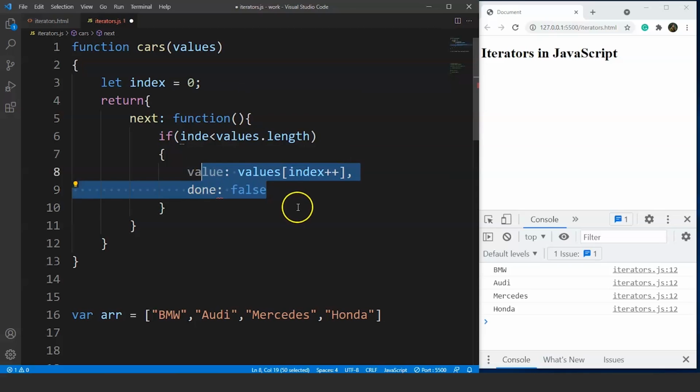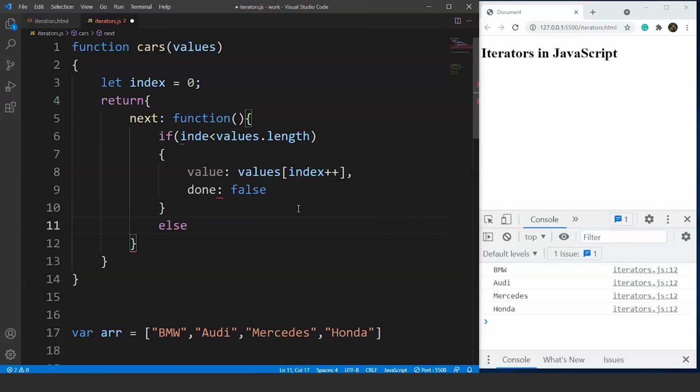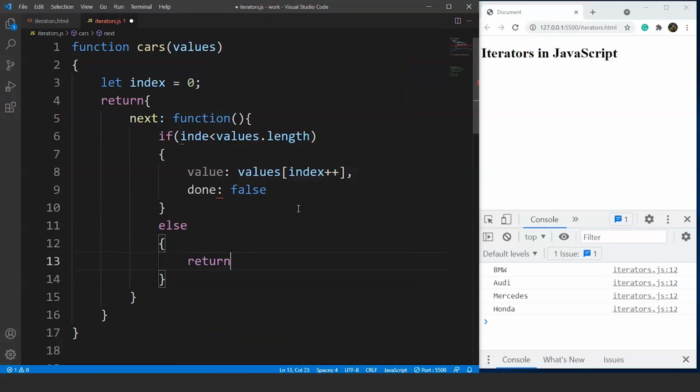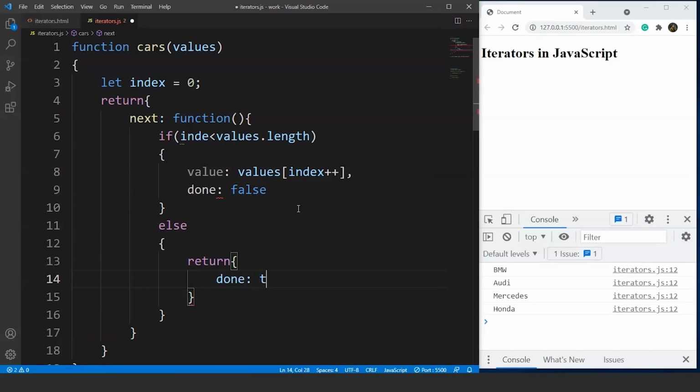We can write anything other than done here as well. The program will work totally fine. It's not that we have to follow specific rules in iterators. We can also write end or reached end in the place of done. That's up to you guys. So let's include the else part as well. We'll write else, and then we'll write return, and we'll write done as true.